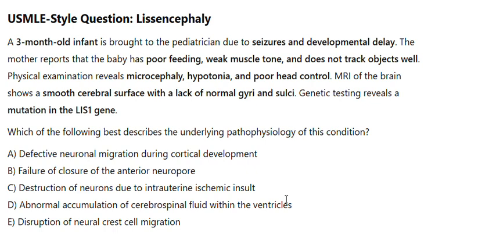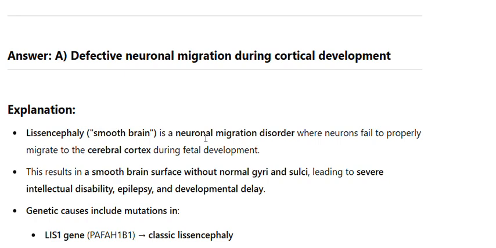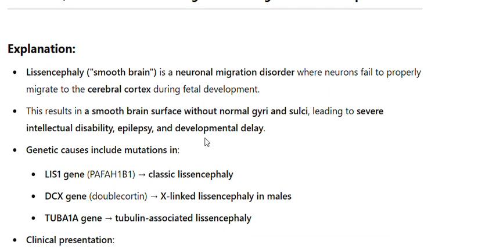Answer A. Defective neuronal migration during cortical development. Explanation: Lissencephaly, smooth brain, is a neuronal migration disorder where neurons fail to properly migrate to the cerebral cortex during fetal development. This results in a smooth brain surface without normal gyri and sulci, leading to severe intellectual disability, epilepsy,